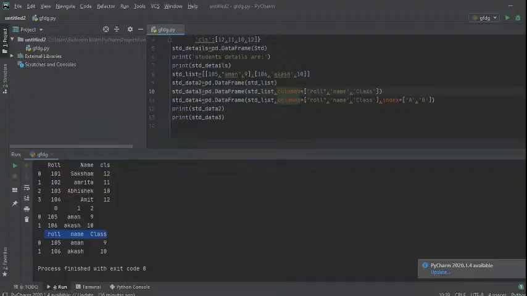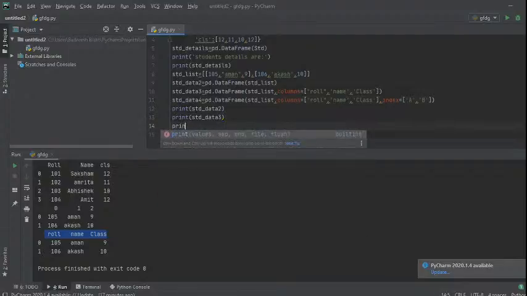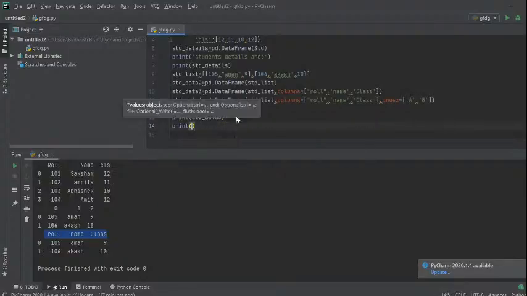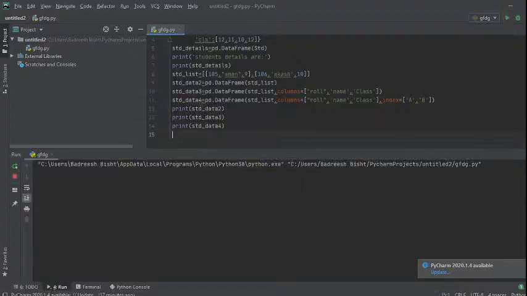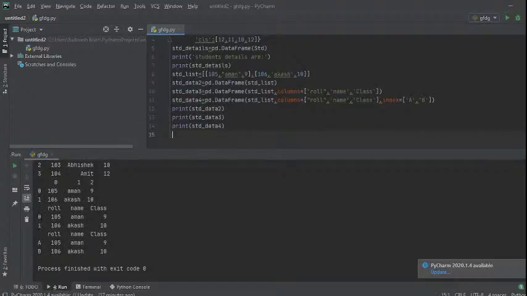Again, in the next data frame we are doing std data frame 4, pd.DataFrame, columns are these and indexes like A and B, because we have only 2 students here, so we are trying to change these 0 and 1, right? In this condition I will print that one also. Print std data frame 4. Now check, these indexes will get changed. Before these were 0 and 1, now these are changed to A and B. So in this way you can change the column name, and you can change the index name using this.